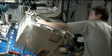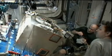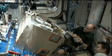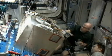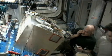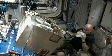The crew is involved in quite a bit of maintenance and experiment activity today. Don Pettit and Alla Kononenko are taking a look at the amine swing bed hardware, which Pettit has been working on over the last few hours. Starting off with some of our activities, Kononenko, who you can see off to the right of your screen,